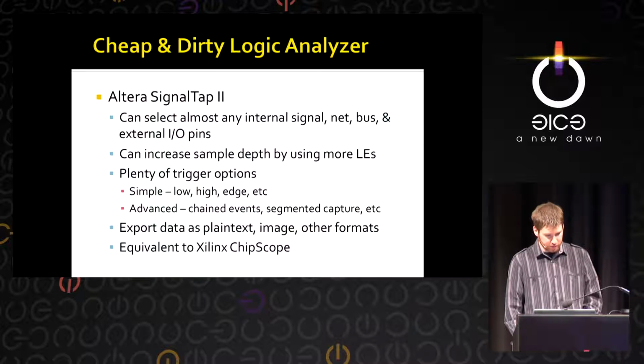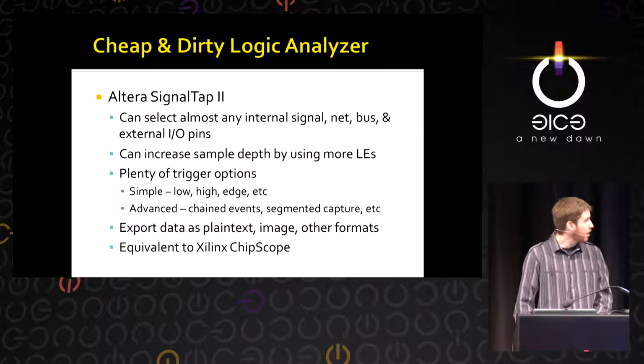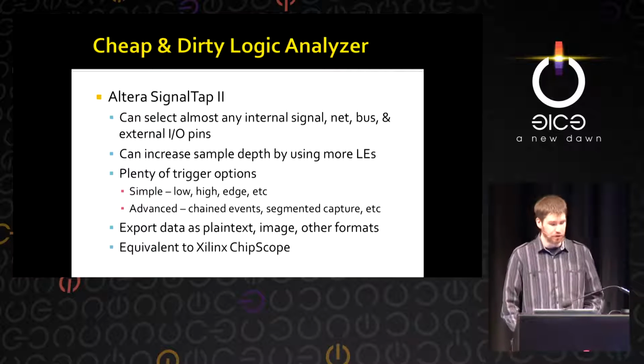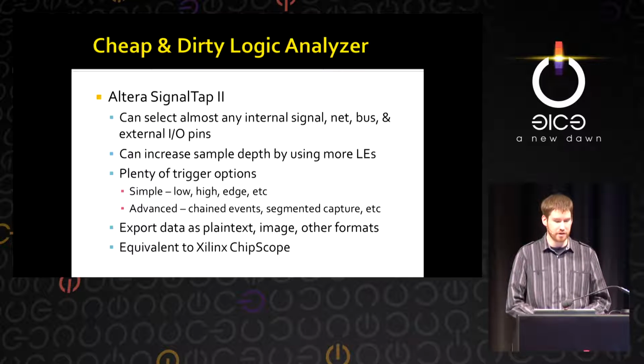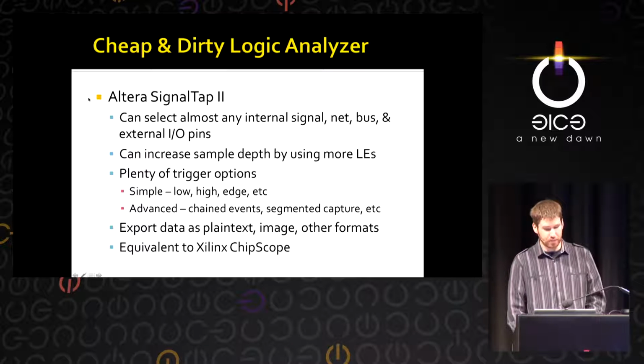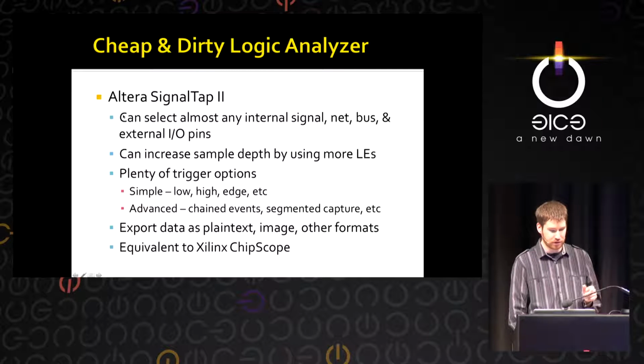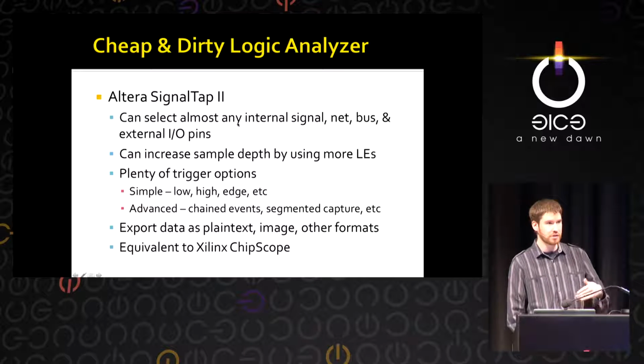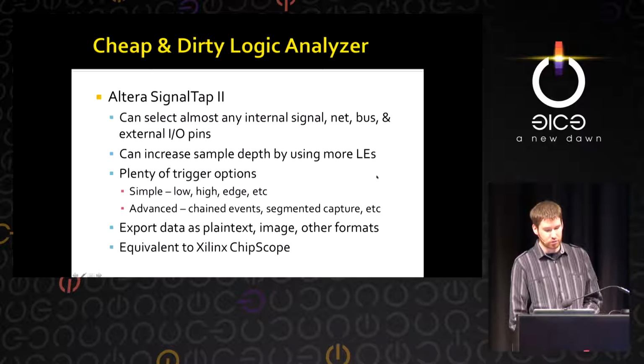And so basically that allows for data logging. And then what you can also do for a cheap and dirty data logging and logic analysis is you can use this logic block called Altera Signal Tap 2 in the FPGA. It's a soft logic analyzer block that can analyze almost any signal, net, bus, external I/O pins, whatever you want. And you can save more and more samples by using up more logic elements or slices, if in Xilinx terminology,